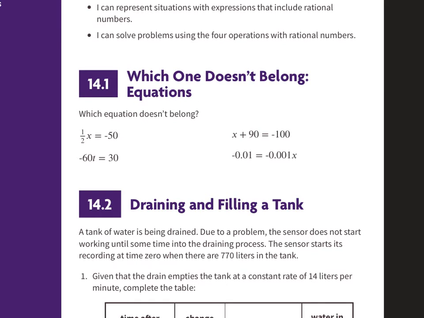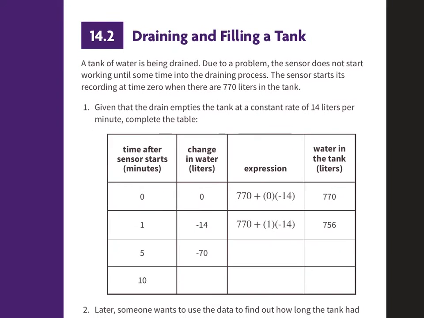So page 126, draining and filling a tank. A tank of water is being drained. Due to a problem, the sensor does not start working until sometime into the draining process. The sensor starts its recording time at 0 when there are 770 liters in the tank. Number 1, given that the drain empties the tank at a constant rate of 14 liters per minute, complete the